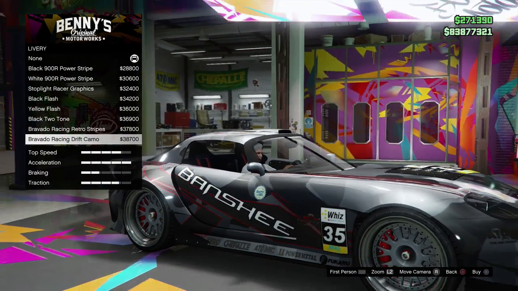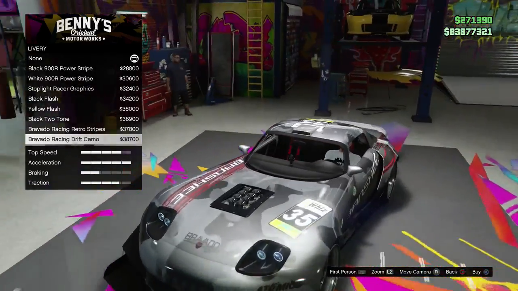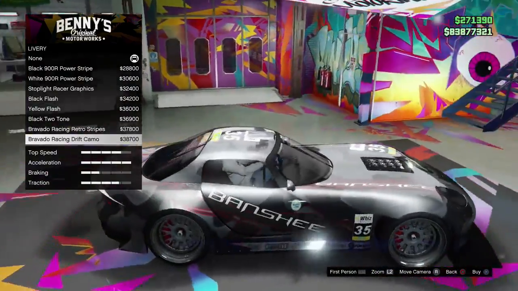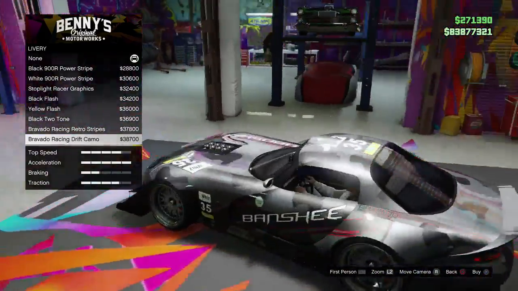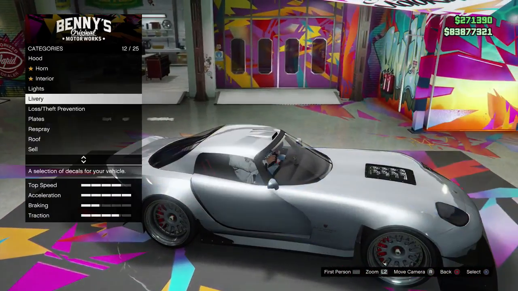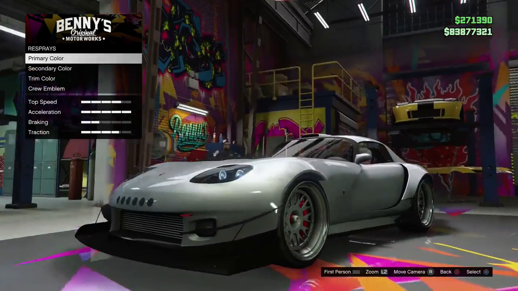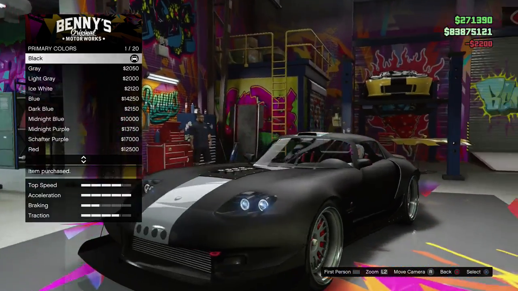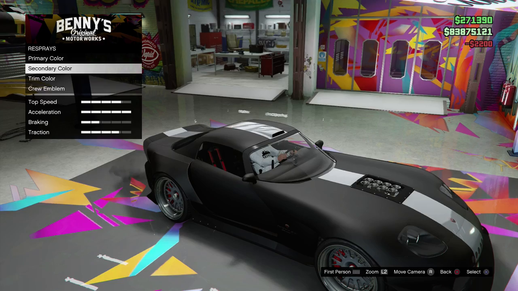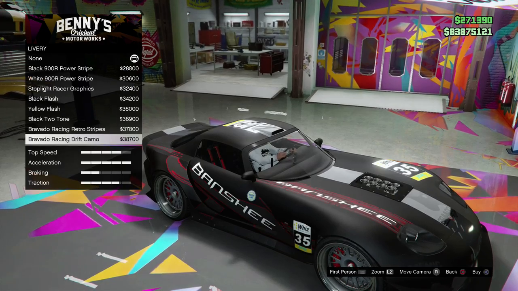And then, whoa, Bravado Racing Drift Camo. Okay, this one looks awesome. I'm not going to lie to you, I think this one might be one of the ones we go with. I'm going to try a few different colors and a few different things. You know, I might try a matte black. What would a matte black look like with...